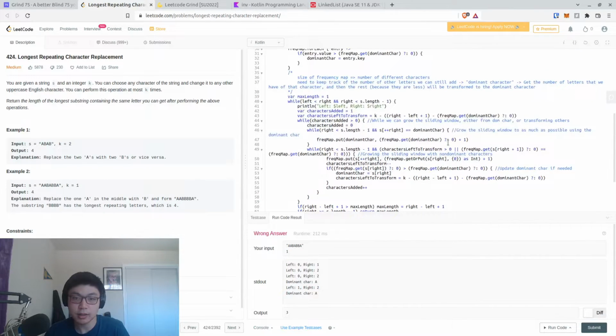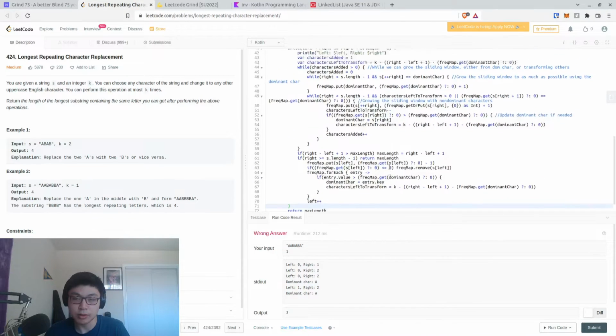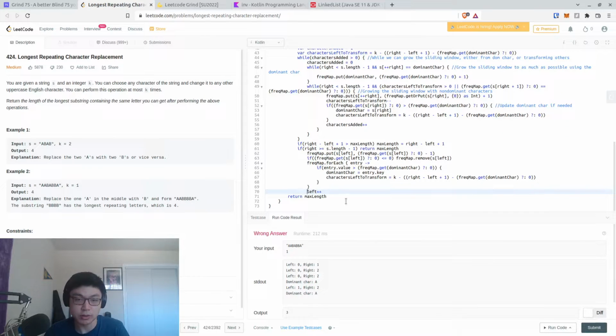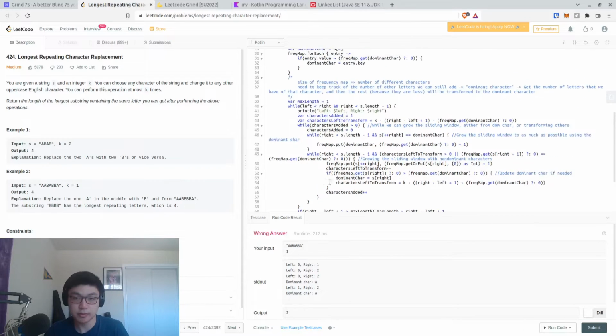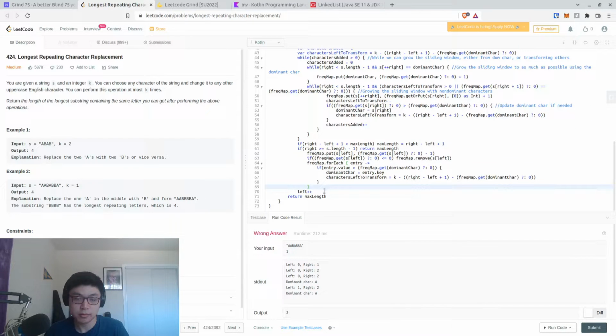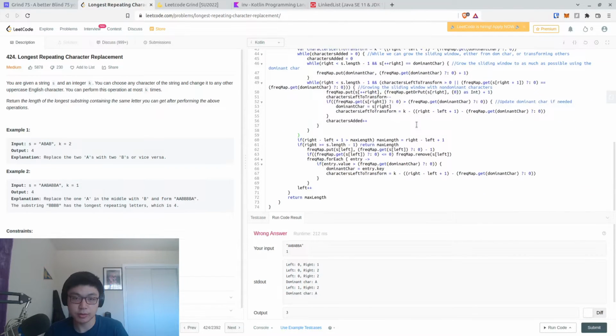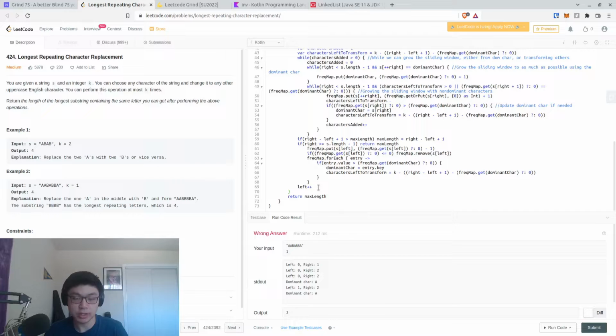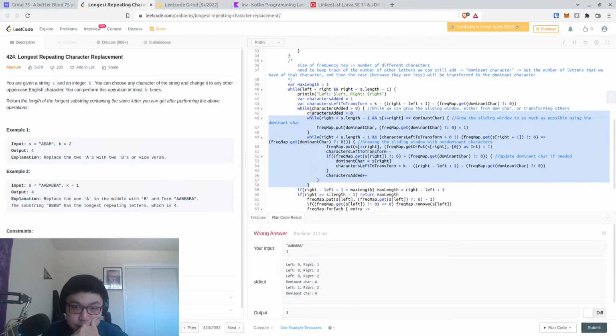I think that's fine. Where do you go? You go there, so okay, I need to get rid of you as well. So the idea is that if we haven't added any, actually need one more. Need one more for this while loop. Yeah, there you go. So the idea is that while we can add characters, we modify the characters, the dominant